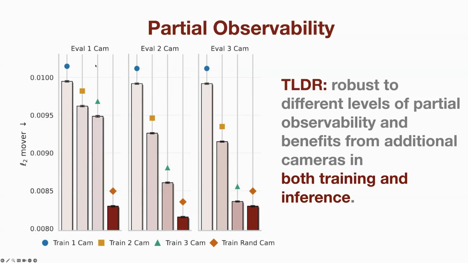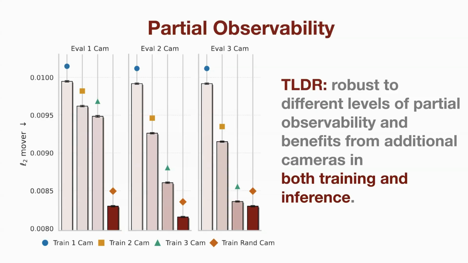So the takeaway here is that the model performs the best if we randomize the number of cameras in training. That's kind of intuitive, because it deals with different amounts of partial observability when implicitly segmenting the object or estimating its material property. More views does give you more information, and explicitly that shows some alignment in the space as well.